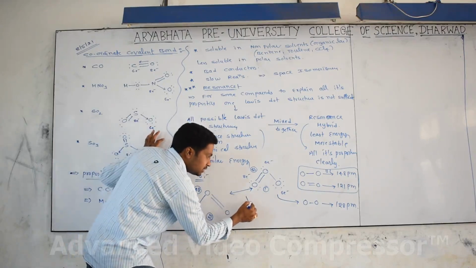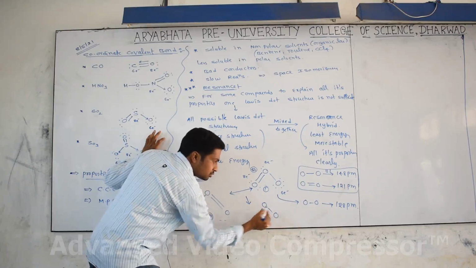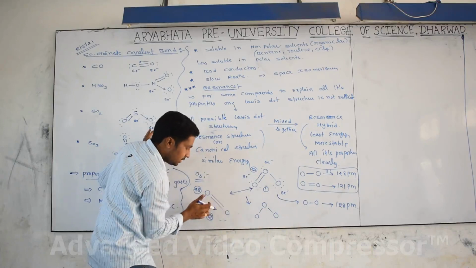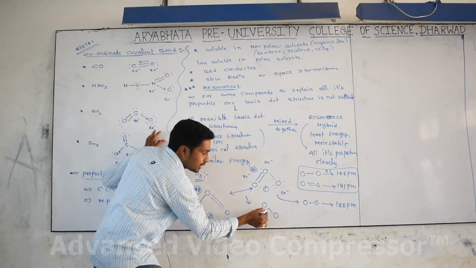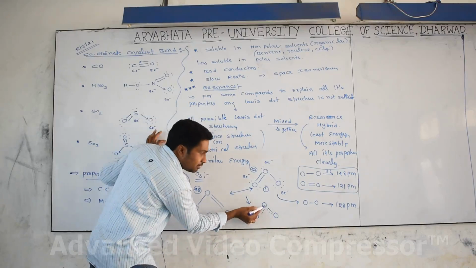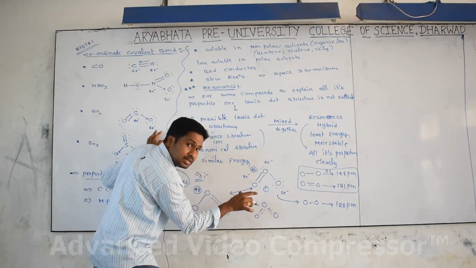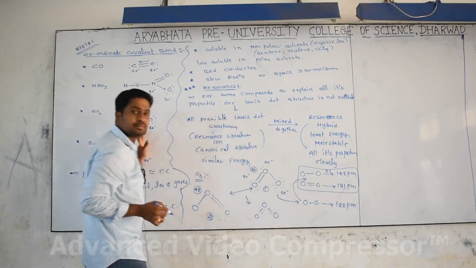By mixing these two, we get 3 oxygen atoms as usual. The single bond is also as usual, with the migrating pi electron on the left side and here on the right side. The migration of the pi electron can be shown by dots. Now between oxygen and oxygen, is it exactly a single bond? No. Is it exactly a double bond? No. It is in between a double bond and a single bond, so the length has to become in between.